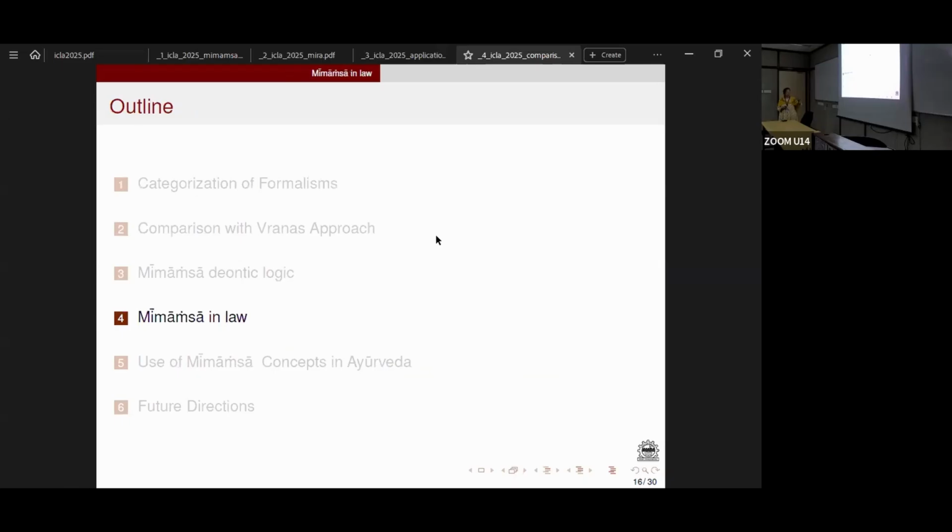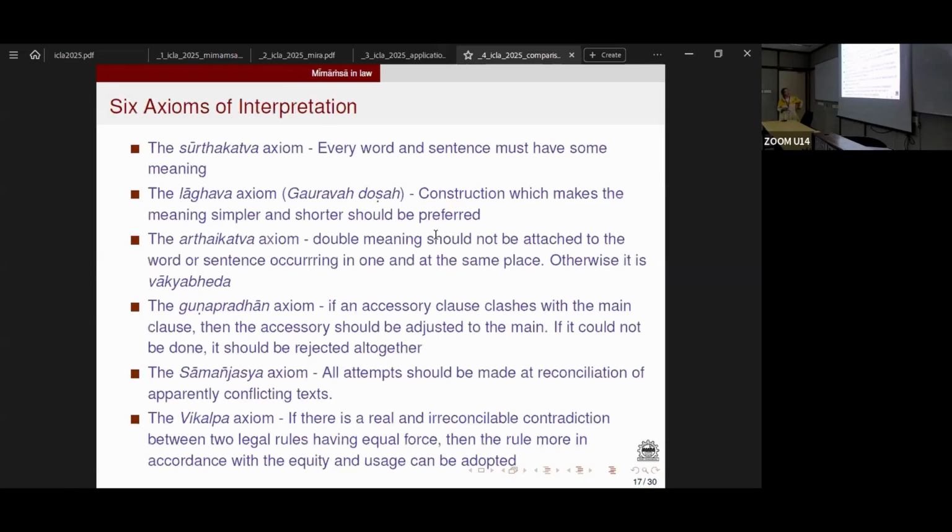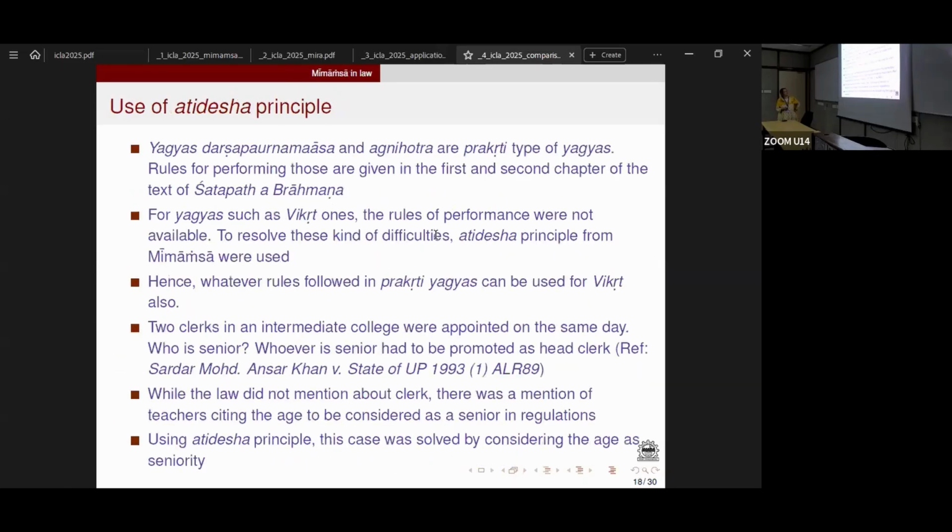And this is one or two applications I will take in Mīmāṁsā law. This is the Atidesha principle, where there are two yagas that are to be done. And for the Vikrit yagas, the rules of performance are not available. So the Atidesha principle is to be used, which means the same thing was taken into the law, where there